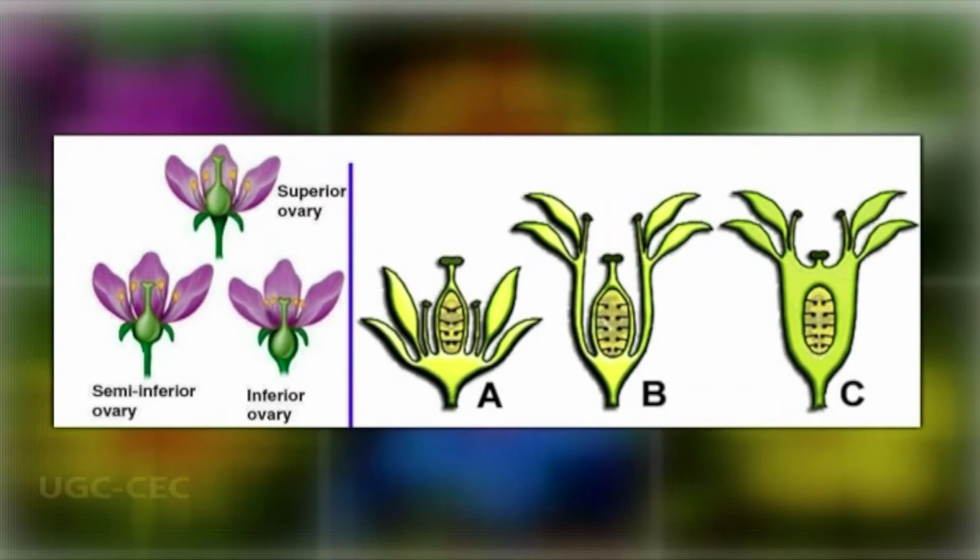If the ovary of the gynoecium is above the attachment of the petals and sepals on the receptacle, the ovary is called superior, and the perianth is described as being hypogynous. In some flowers with superior ovaries, common as in rose family, the base of the stamens, petals and sepals are fused into a floral tube or hypanthium. In these flowers, the ovary can be free or partially fused with the hypanthium, but remains at least partially superior. In this case, the perianth is described as perigynous.